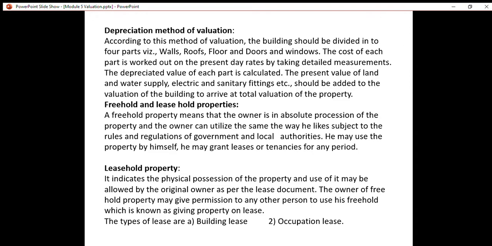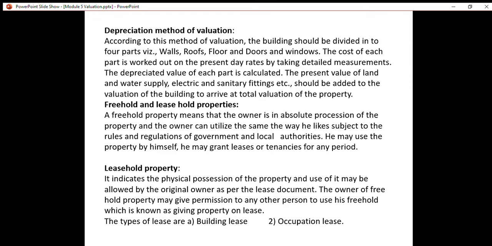Let us discuss few definitions related to valuation. So, freehold property. Here you have the absolute right to use your land property within the government guidelines. You are the RTC holder of the land. You can construct the building, you can sell the land, you can give the land for lease, etc. You have complete ownership of the land.